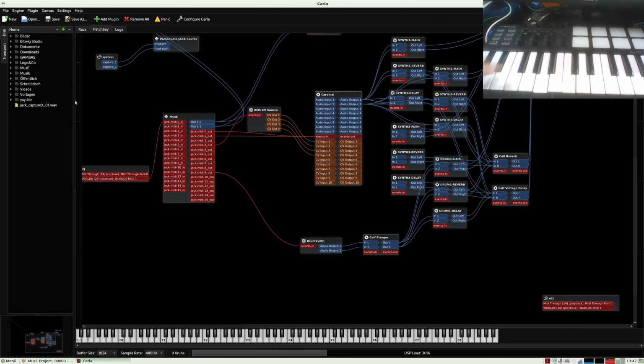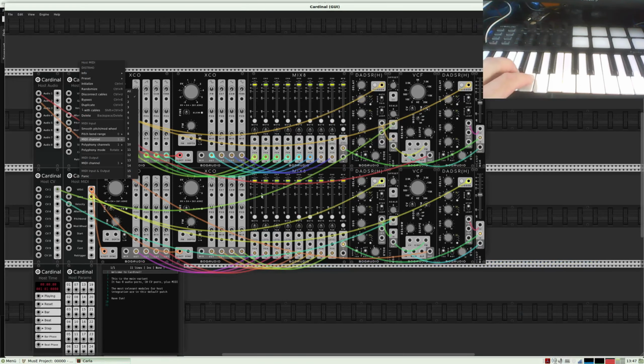Now I'm playing on the second synthesizer. I can go to here. I have here a sound that stays loud with a sustain.